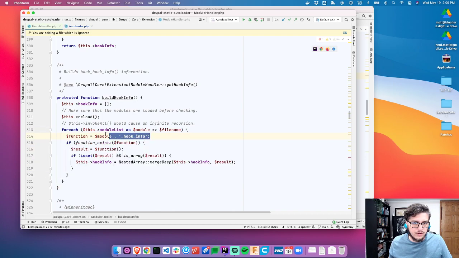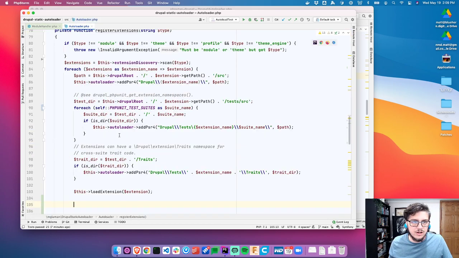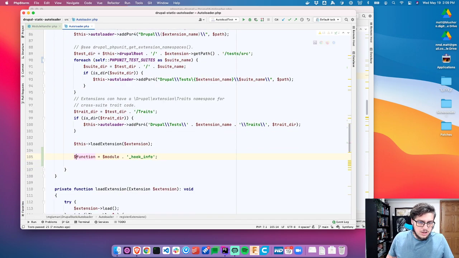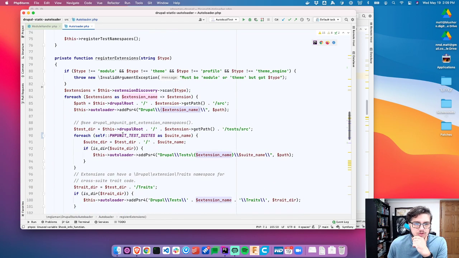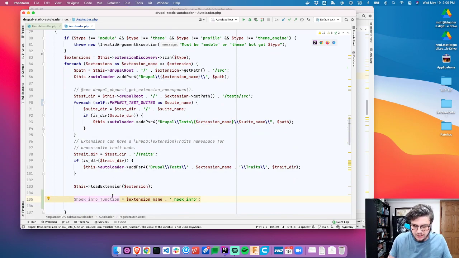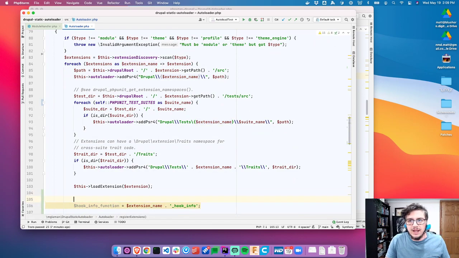Yeah, we're going to copy this line here, and we'll say hook info function is extension name dot. The only problem is that it only works for modules. So we should make sure we don't accidentally, what if somebody has it in a theme, but it really won't be invoked? So we should say if,